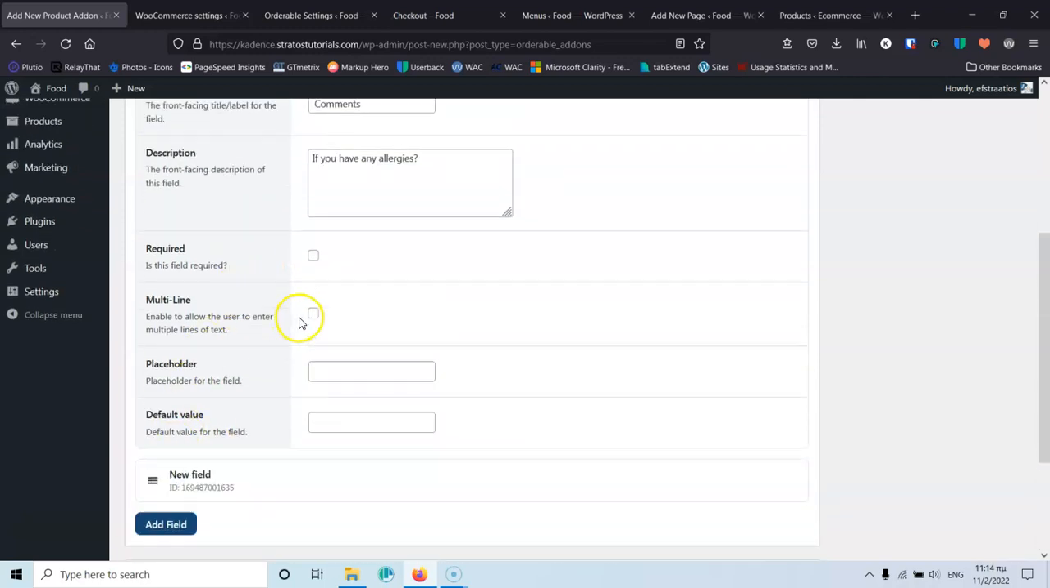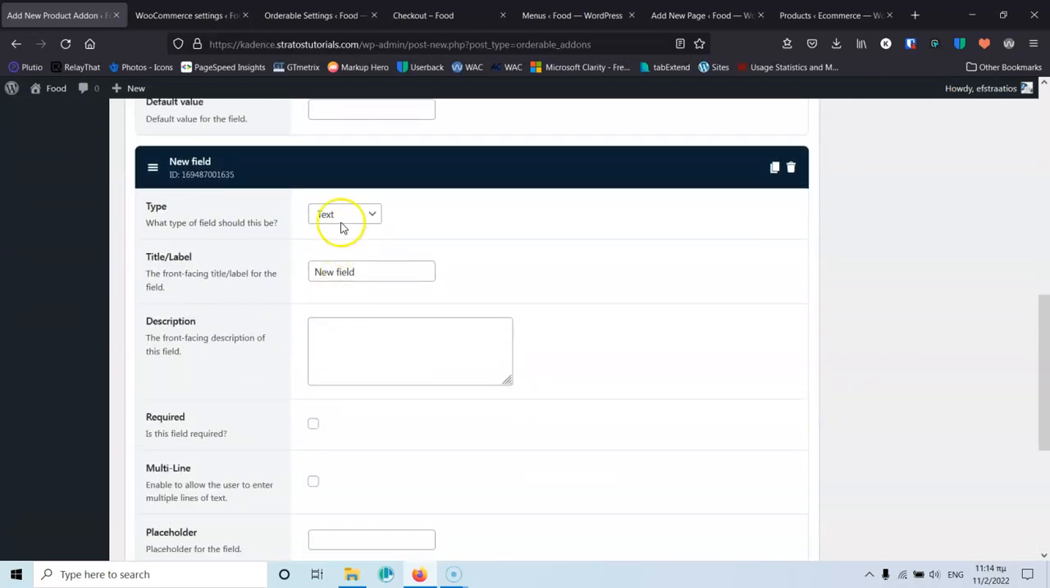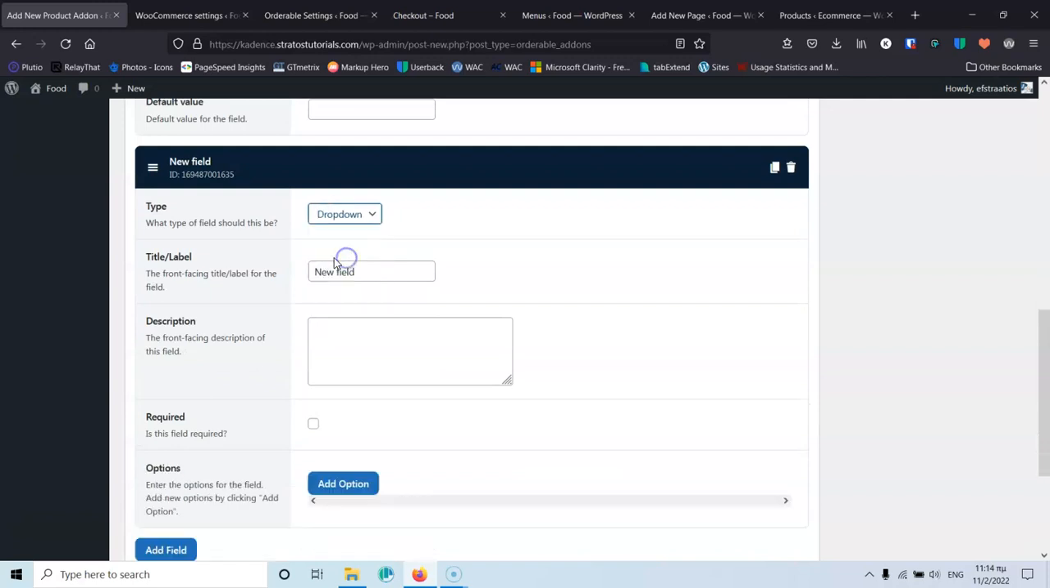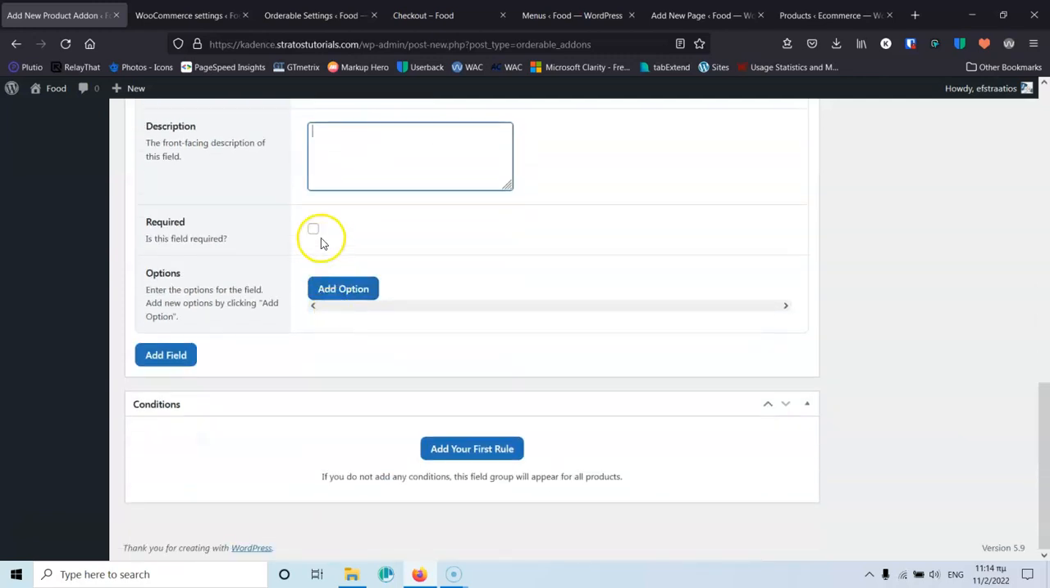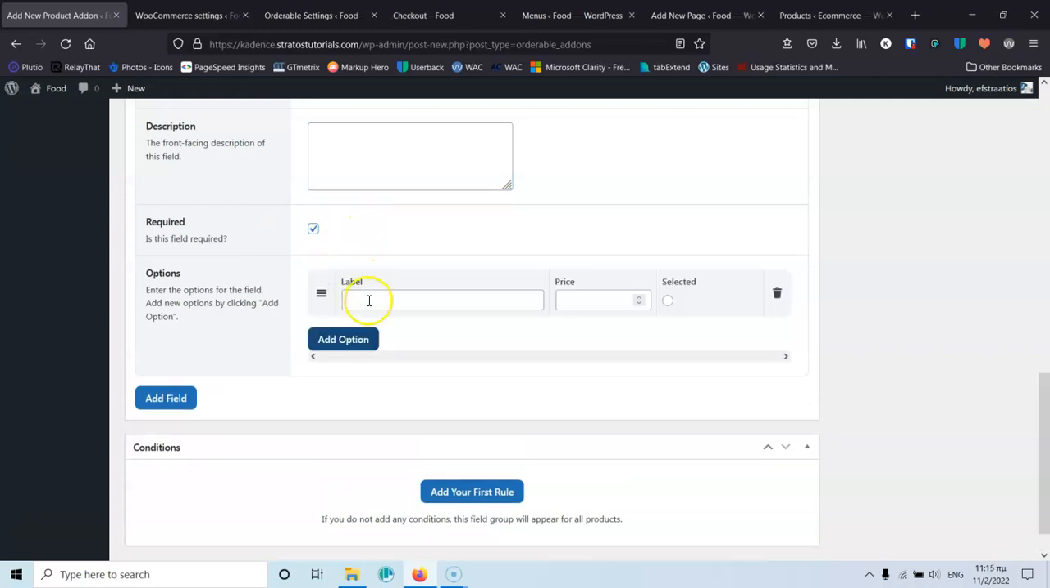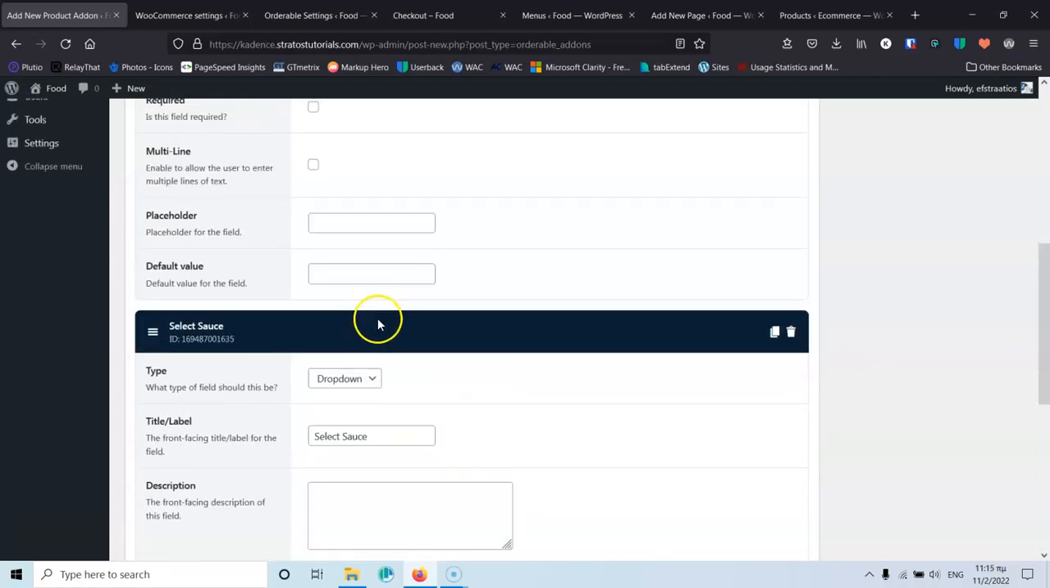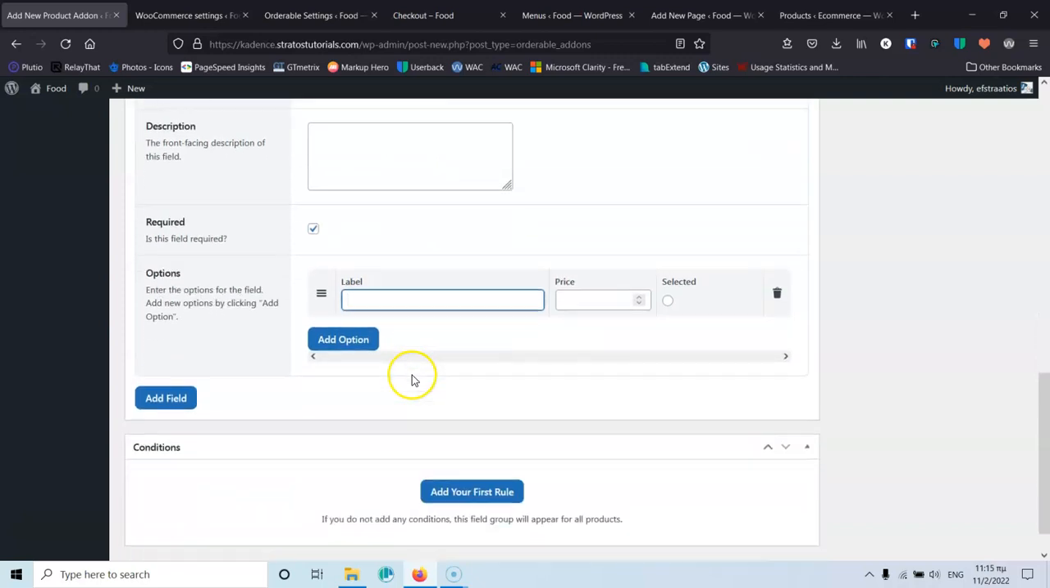I'm going to add another field that is going to be the second one, which is the drop down, and here I'm going to put something like select sauce. Okay, and here we have the description, so you can type something like select the sauce that you want along with those orders. If it's required, yes, this is a required one. Then I'm going to add the options, and these are the options for the selection drop down field. So what we have here, we have the ketchup,